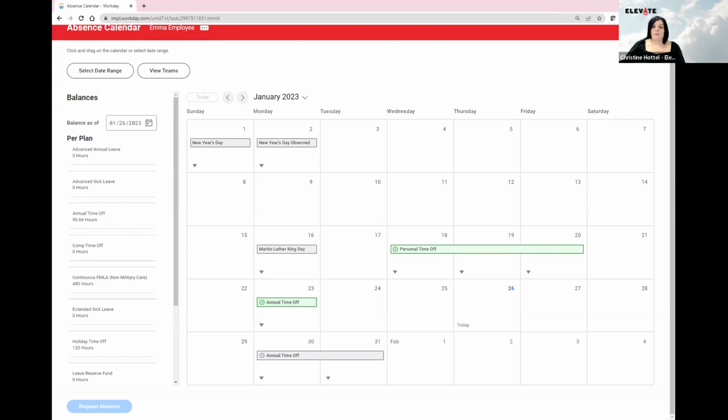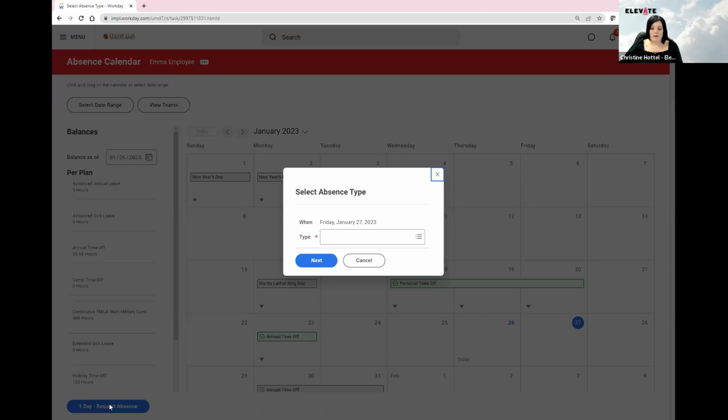And again, the calendar is on the right hand side, and the balances are over here on the left of her screen. We'll see she has 90.66 hours of time off from an annual perspective as of today, January 26, 2023. So Emma wants to request annual leave for tomorrow on the 27th. So what we'll do is we'll select the 27th. And we're going to say 1 day request absence. So down here on the left-hand side of the screen, we're going to go ahead and click to request that